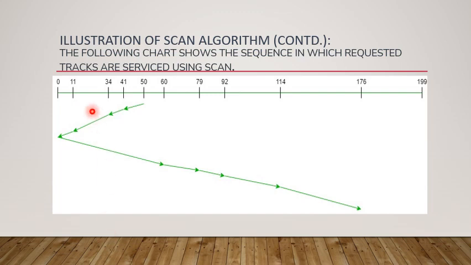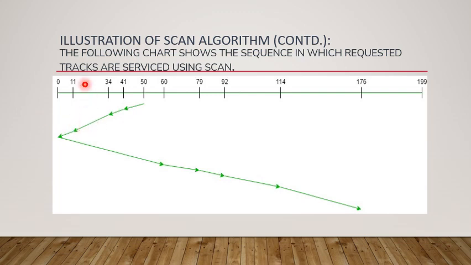So now let us start to solve the numerical. The following chart shows the sequence in which request tracks are serviced using the SCAN algorithm. If we see that our head position is at 50, and we choose to move in the left direction, though we can also move in the right direction, then the head pointer moves in the left direction to 41, 34, 11,